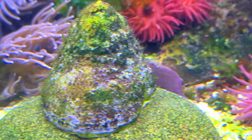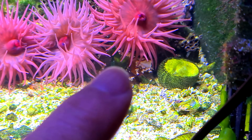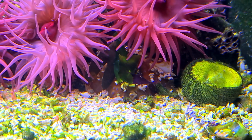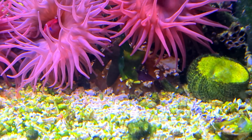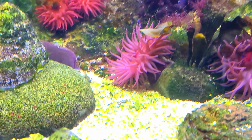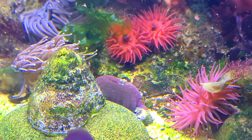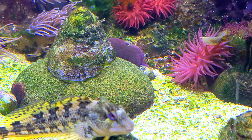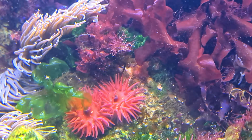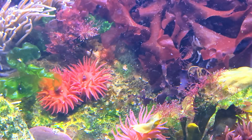Now you may wonder where all those dahlia anemones are. Well, there's one right there which is closed up. Now these guys tend to like lower light conditions, and mostly at night they come out and feed. So there's one there. We've got another one down there. Now that blue anemone was up here, but now he's gone down here. I think he's heading towards Lenny's Rock, I think. So those two little beadlets have taken over that place straight away. It just shows you these things move around and they'll pick those ideal spots where that food flow goes, and they'll